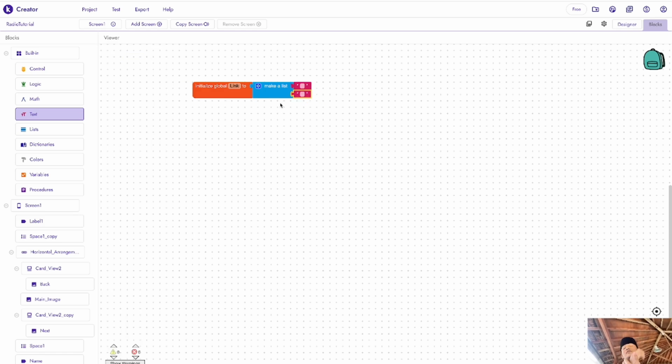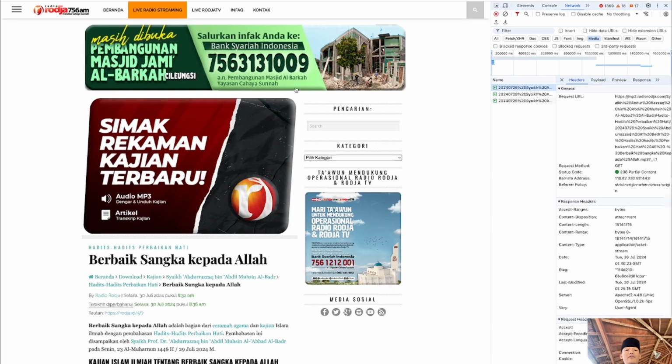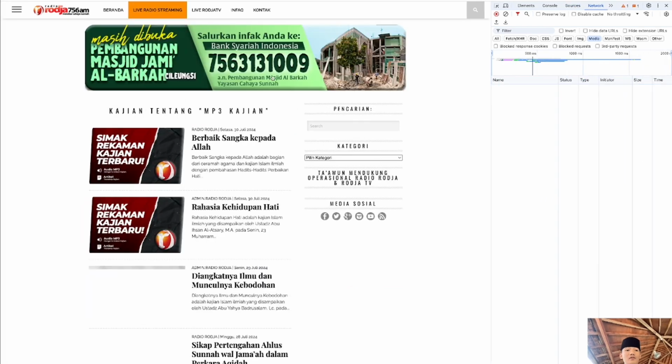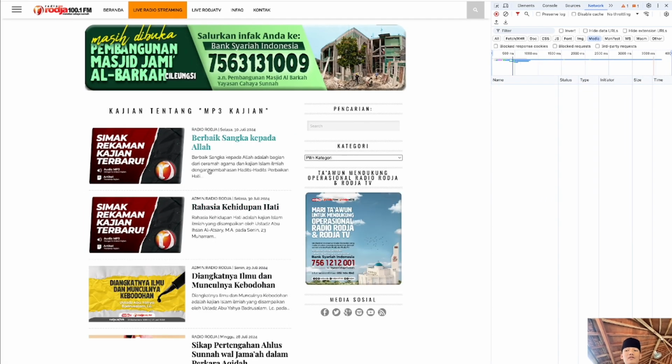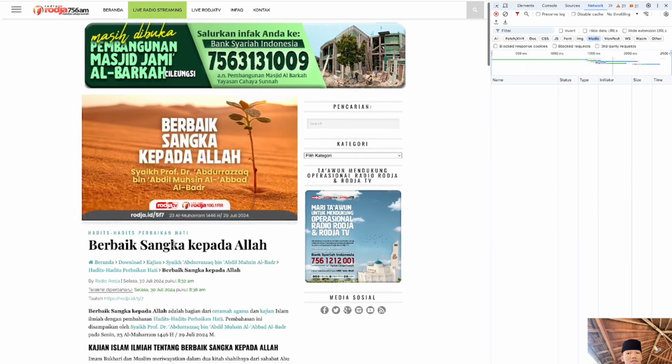Next, because we're going to have two audios: first is the Roja audio, and second will be the Al-Quran audio. So you need to look for some MP3 of the two radios. So first, we're going to put this one. I'm going to take this one.